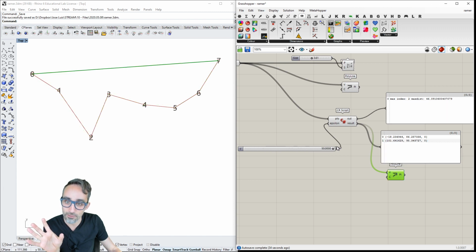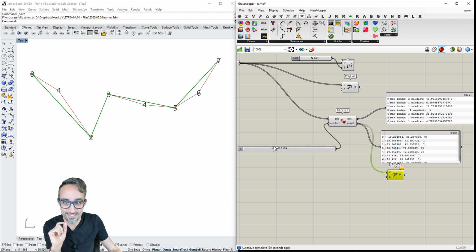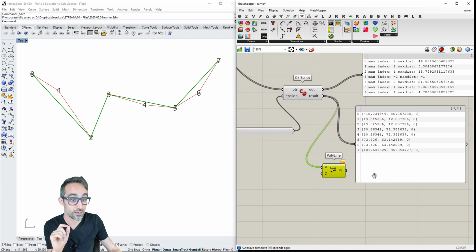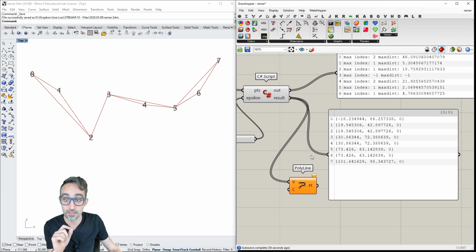And here, bam, no simplification whatsoever. However, it's not great, it's not perfect. And if you have a sharp eye on this one, you can see that we're running into a problem here, and the polyline component is actually complaining. You see, zero line segments were collapsed to create a valid polyline.